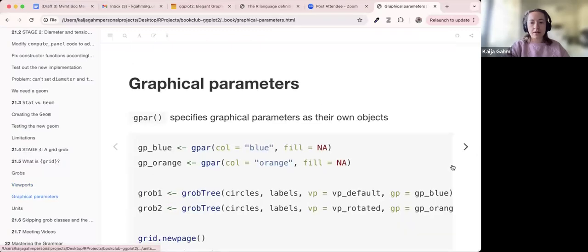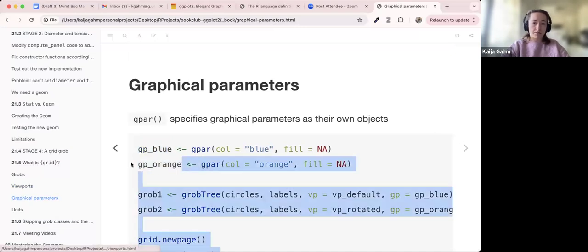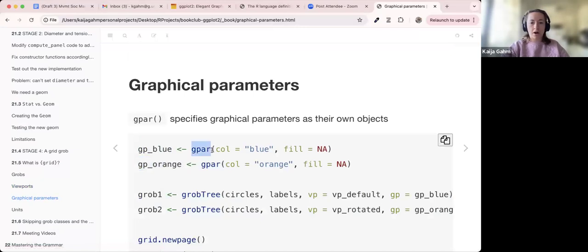All right, then graphical parameters. I thought this part was cool, which is that the function gpar specifies graphical parameters actually as their own objects. And so here's some examples. We can create a graphical parameters object with a blue color and a graphical parameters object with an orange color using the gpar function with the color argument. And I guess you could also have the fill argument. I'm not sure what all the different things you could put into gpar are, what the possibilities are,